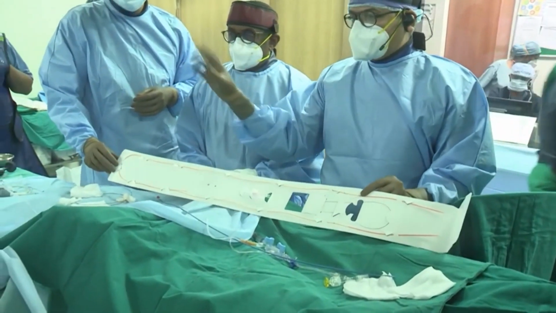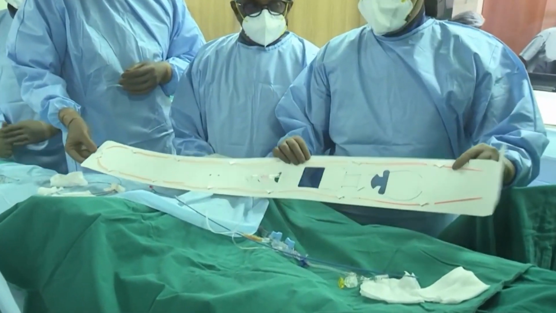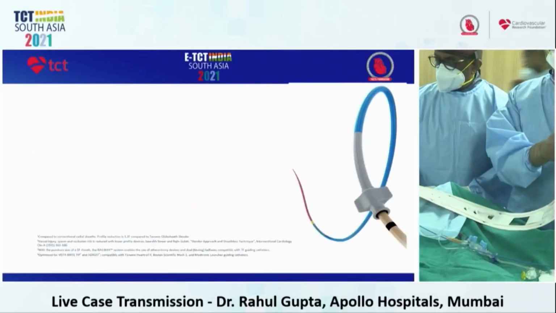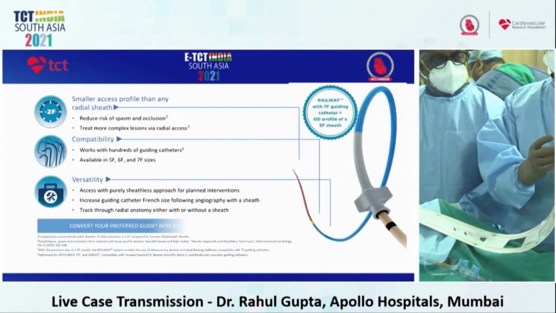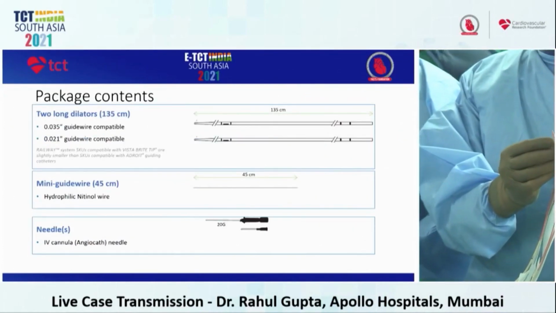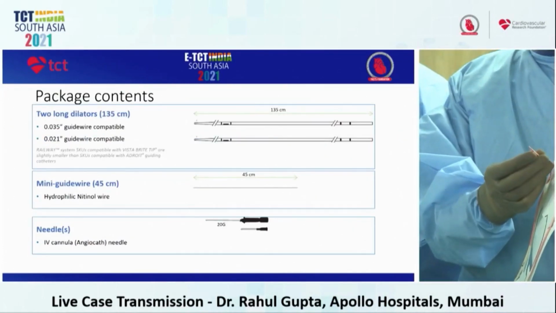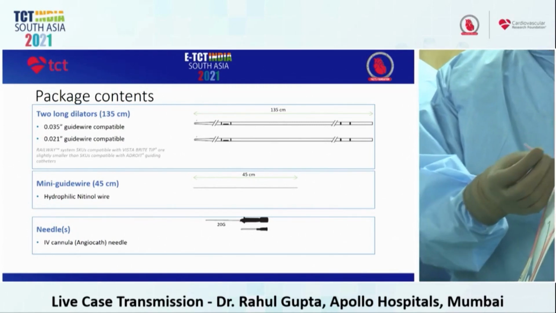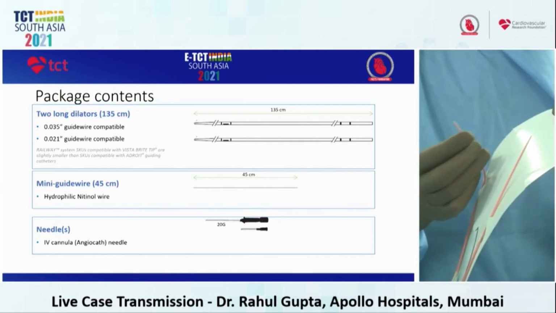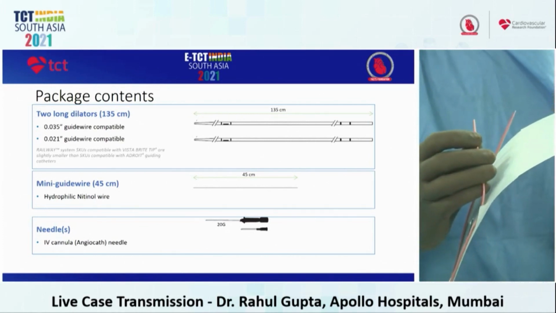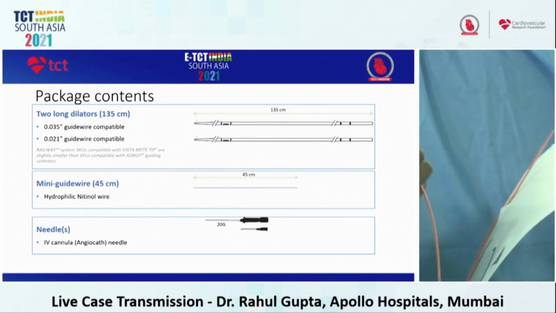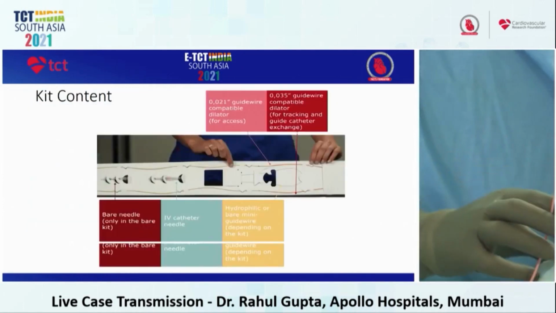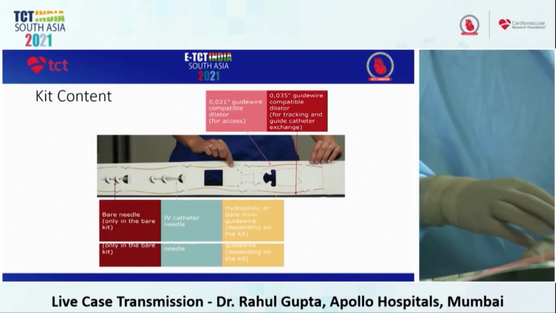We can go side by side with the PPT also if it is possible. So this is the radial system, and there are 2 dilators which come along with it. There is a .021 wire-compatible hole which we can see, if we want to do an ad hoc, directly angioplasty, we can directly access the system through this. And then we have the .035 compatible dilator, which is used when we are doing an ad hoc angioplasty. So there are 3 places where we can use this radial system.